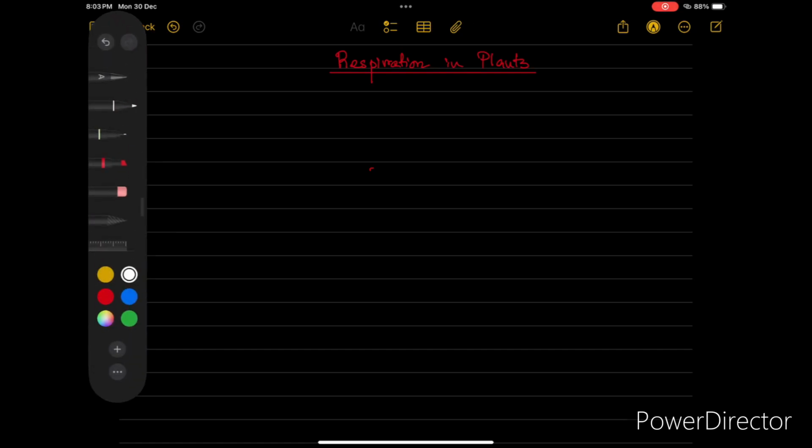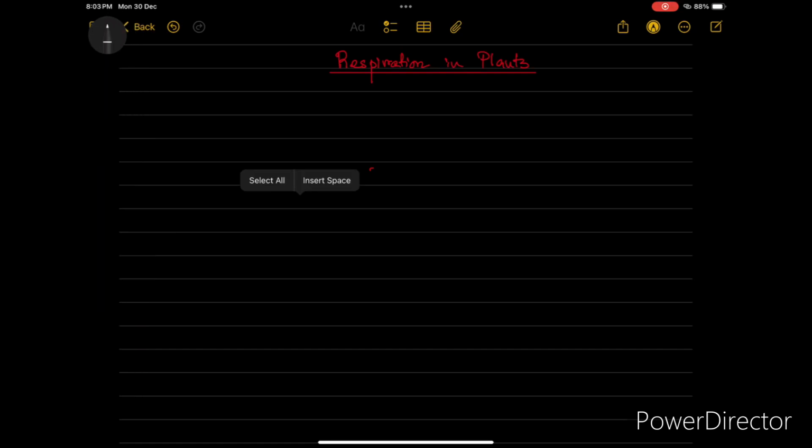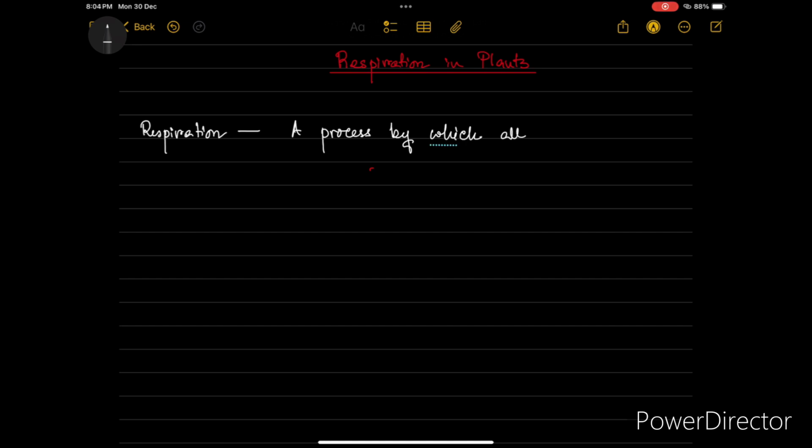Good afternoon, everyone. Today we will discuss the topic of respiration in plants. Respiration in plants is a plant physiology topic of class 11, and this topic is mainly for the NEET aspirants, right? Now, first of all, if we describe the definition of respiration, it can easily be described as